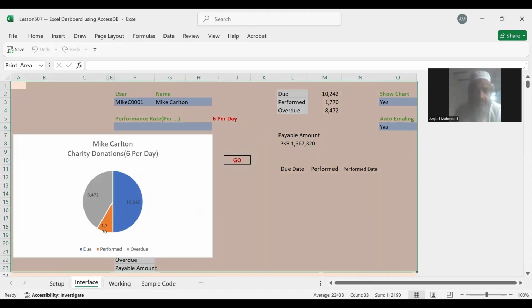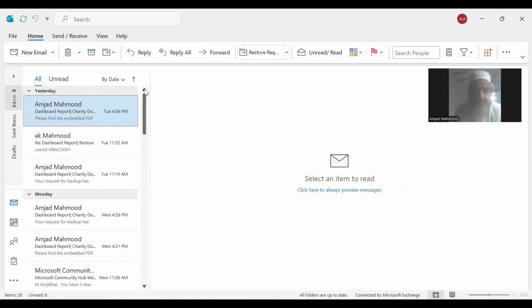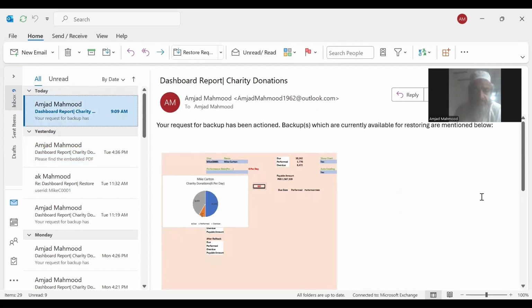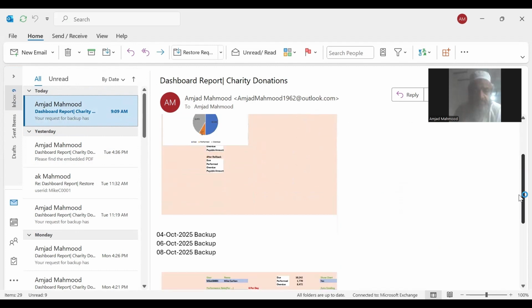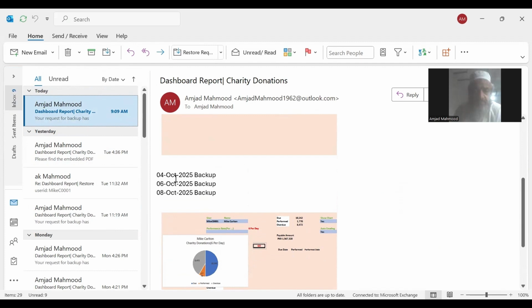So let's see. In the Outlook folder, in the inbox, you will find an email dated today. Let it come. It is Tuesday. Today is Wednesday. So, email dated today. Yeah, this is the email which has just arrived, and it is telling you that you have so many backups available for October 6th, October 8th, October, right? So if you want to get back to 4th of October, so let's